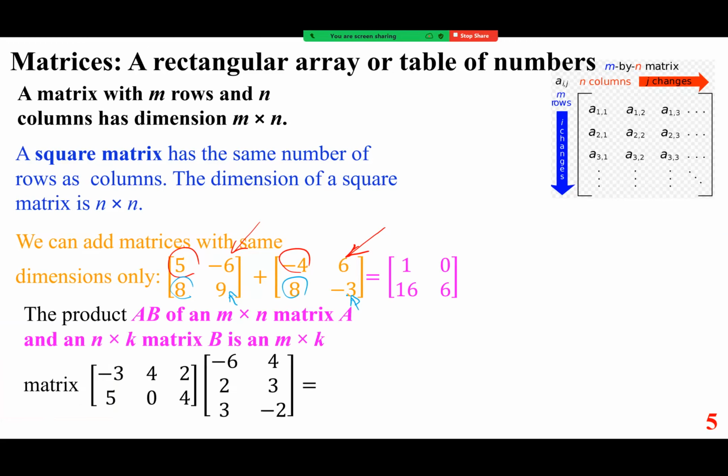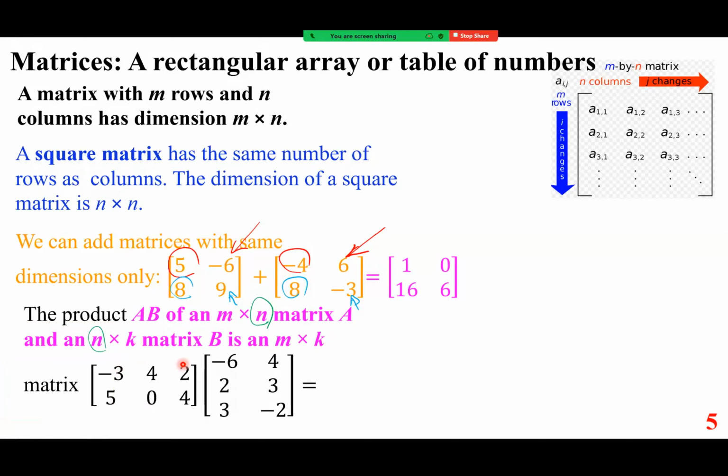The product is a different story. The product AB of an M by N matrix A and an N by K matrix B is M by K. So if you look at the first one, the number of columns of the first one must be the same as the number of rows of the second one, or it doesn't work. If you can see here,